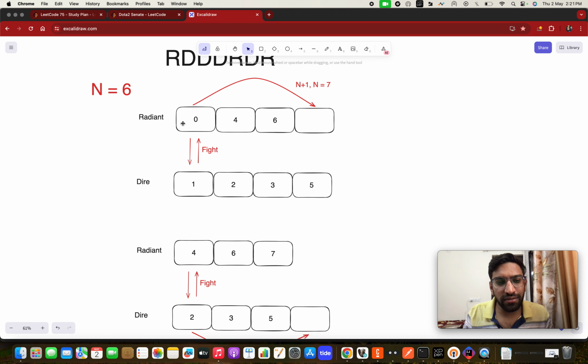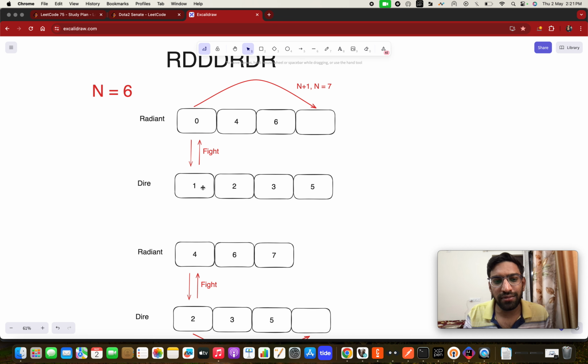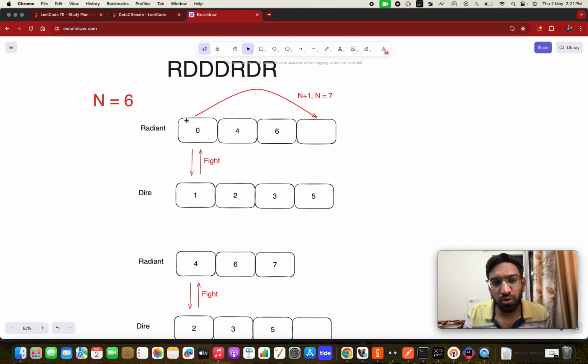So the first Senate is at the 0 index and the second, dire Senate, is at the 1 index. So obviously the first, radiant Senate will ban the dire Senate. Whichever index is less eliminates the other Senate. So for the first, 0 is less than 1, so radiant bans, or eliminates, the dire Senate. And then what we have to do, we need to move our radiant Senate to the back of the queue